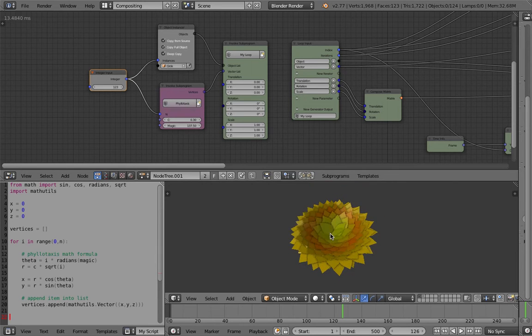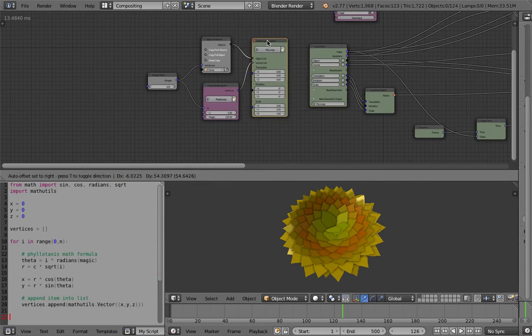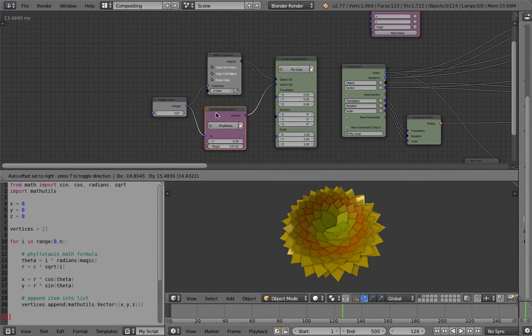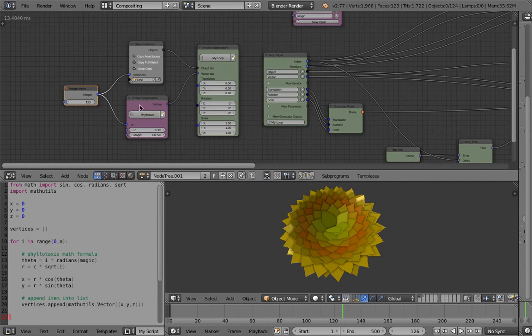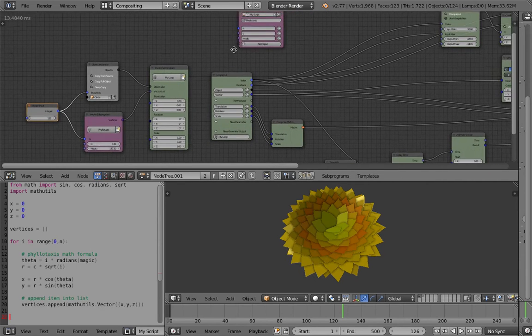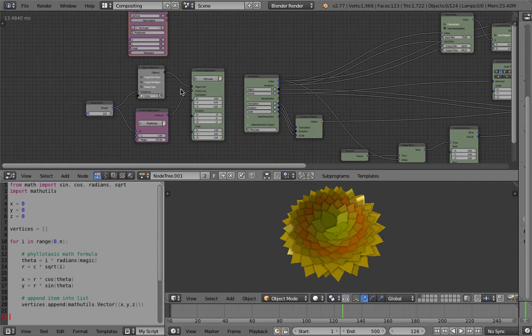So Phyllotaxis sunflower version 2. That's a good one. Yeah, I think I'm pretty happy with this. At this moment,